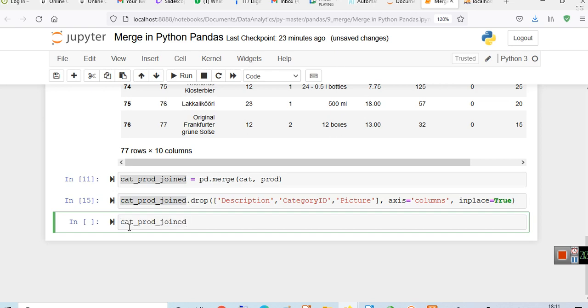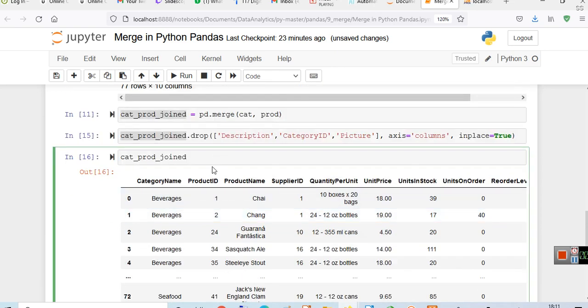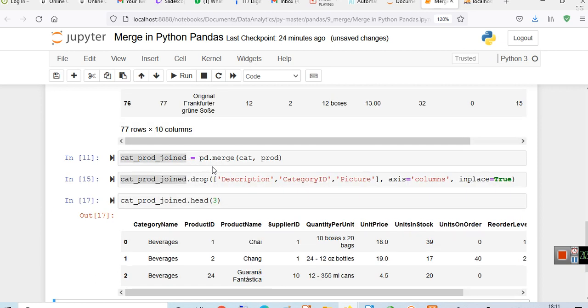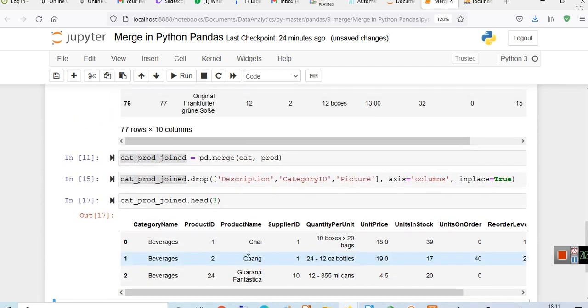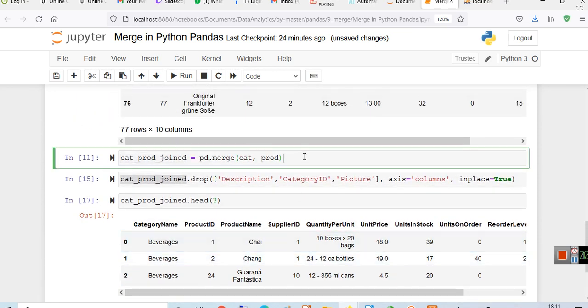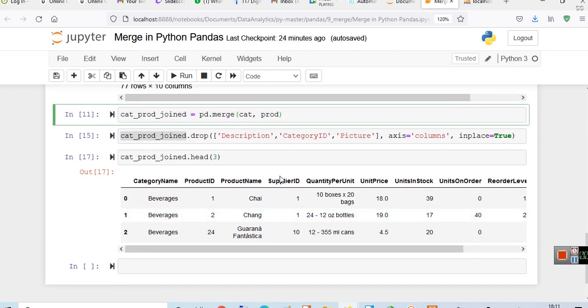So now let's run this, and we don't want to see all this, so we will simply put a head here. Inside head let's put a number, let's say 3. So we just want to see a summary. Okay, now you can see. So this is how this merge works. Now the thing is, in this case, because we have only the common values,